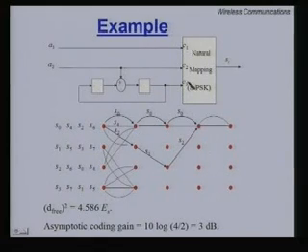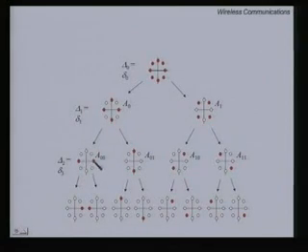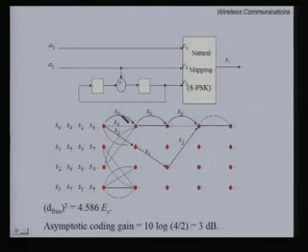Now, if you look at a simple example, here is an example of a trellis with parallel paths, and Ungerboeck gave a set of 3 rules which says that you assign the diverging paths from the lower sets so that the Euclidean distance is maximum. So, if this is S0 and S4, then you assign these two to the pair of diverging branches. So, here S0 and S4 for one diverging, S2 and S6 for the next one, and same for the merging back branches.